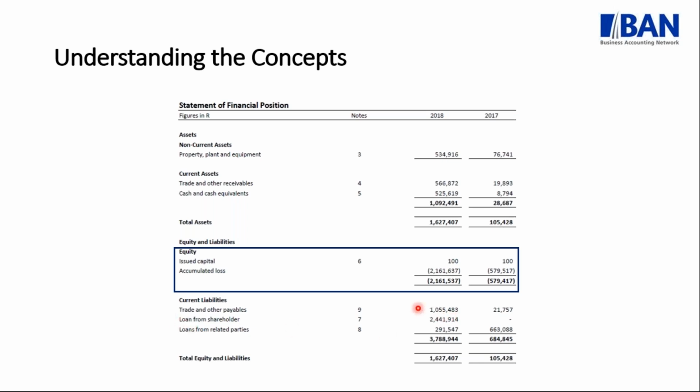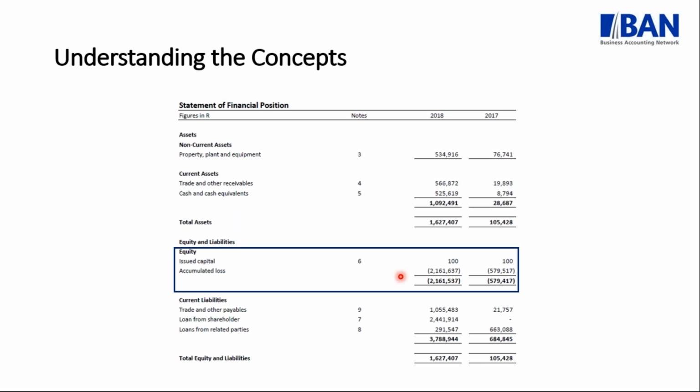But because it's so close to this accumulated loss value, this company needs to be very careful and put strategies and procedures in place to make sure that they actually trade themselves out of insolvency and recover their position. This also doesn't even consider whether they can actually do so in terms of their liquidity position. So you can see that in this instance, there's a lot more work that needs to be done.